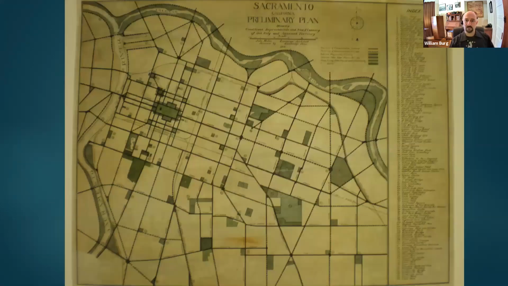Now, general plans for the city have often been more about the 10,000-foot view. This was a plan that was paid for by Sacramento's Chamber of Commerce by a famous landscape architect named John Nolan. And he proposed taking Sacramento's streets and turning some of them into grand boulevards and creating diagonals throughout the city in order to create different angles from which to view the Capitol. But he didn't take into account a whole lot of what was already on the ground. And so this high-level view, where planners look down on the city from 50,000 feet but don't necessarily notice what's on the sidewalks, is a common critique of general plans. We're going to talk more about that later.